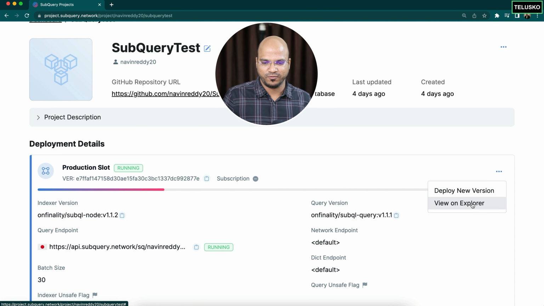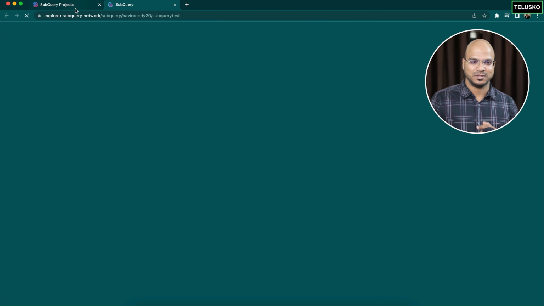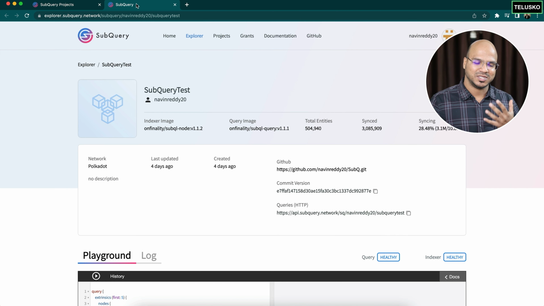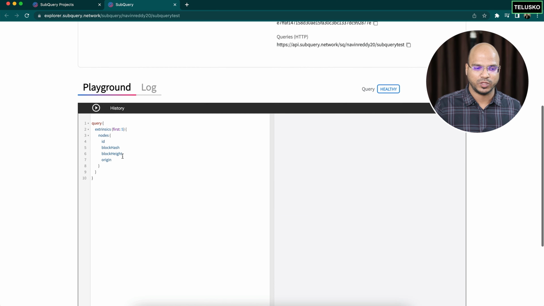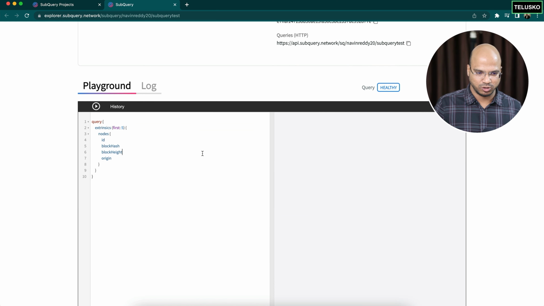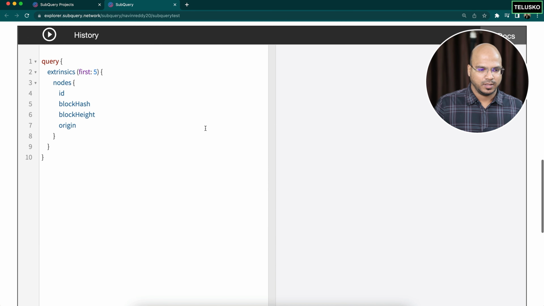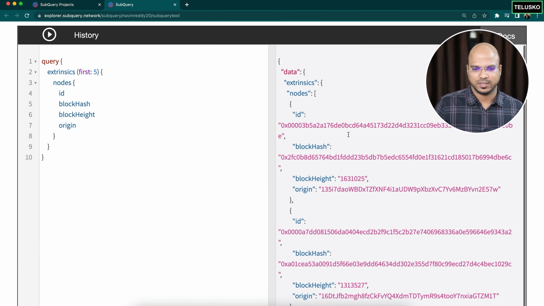And then what if you want to explore in the Explorer in a public repository? As I mentioned, once you publish a project, anyone can access your project, right? So you can just click on this Explorer. This is how it looks. And this is where you can run the same query. I already have a query written here. Let me increase the font size for you. So this is my query. You can run it. And this is the amount of syncing already done.